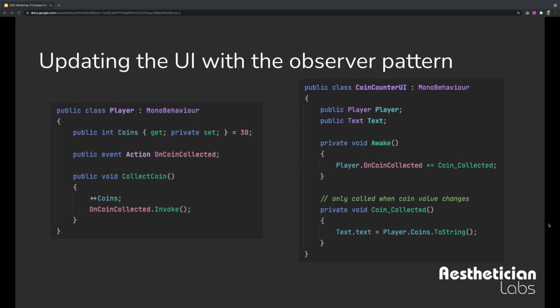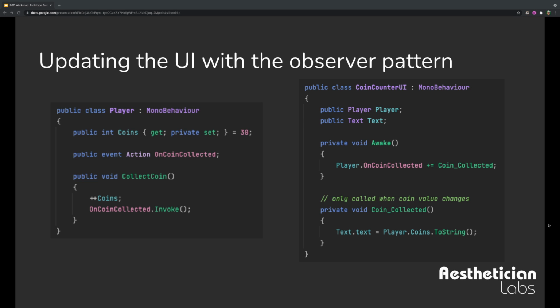So with the observer pattern, we can define an action on coin collected on the player, right? And then in collect coin, we invoke that on coin collected. And from the UI's perspective, the difference is that when we first are initializing, we say, okay, we're going to listen to that coin collected event, right?